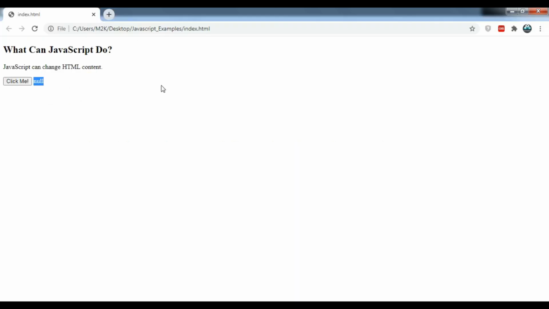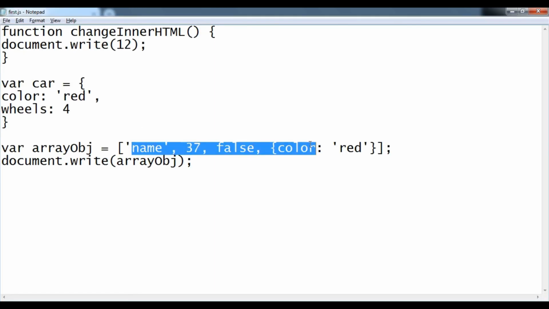Okay, here you can see all the values. Also here you can see I'm putting a comma after each value.